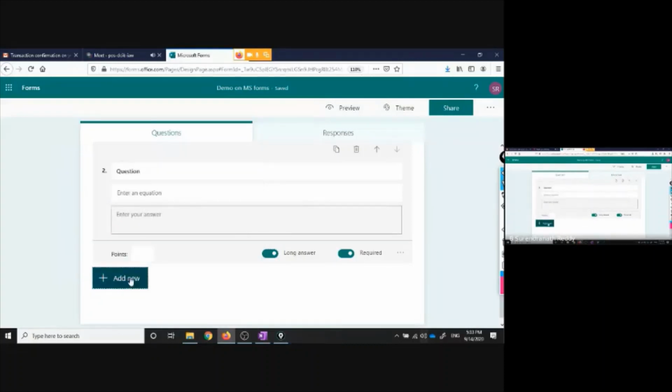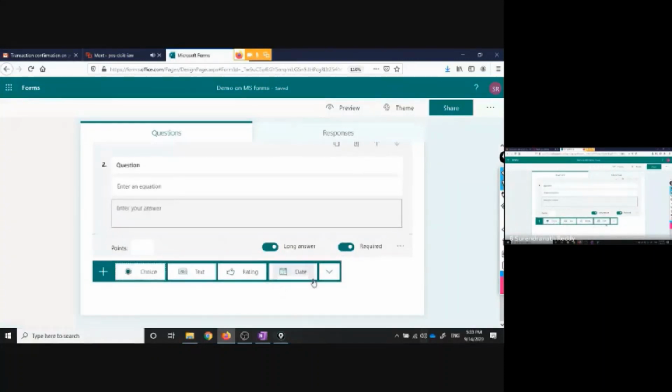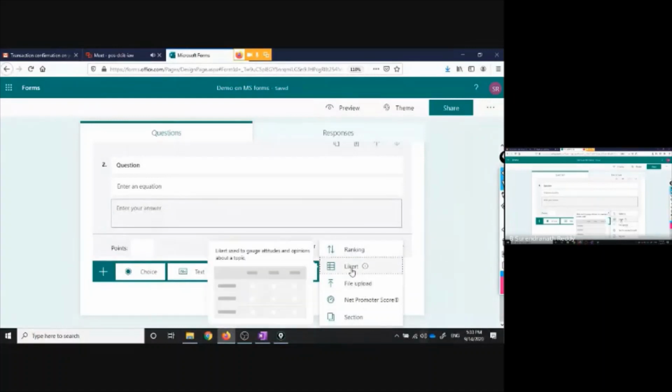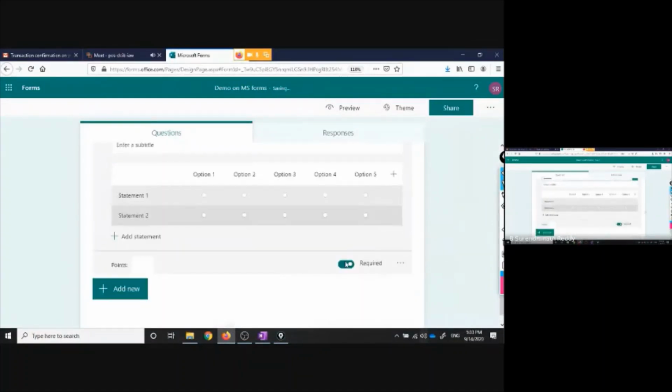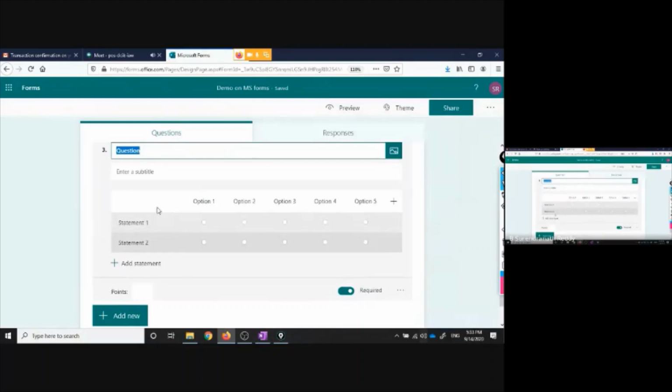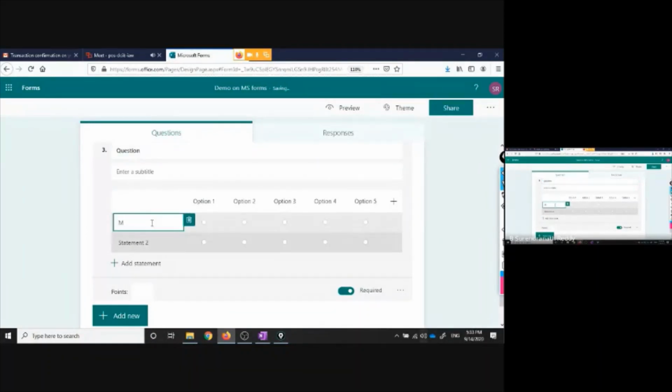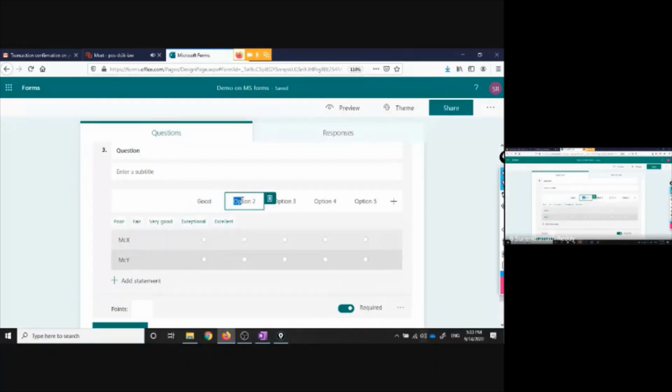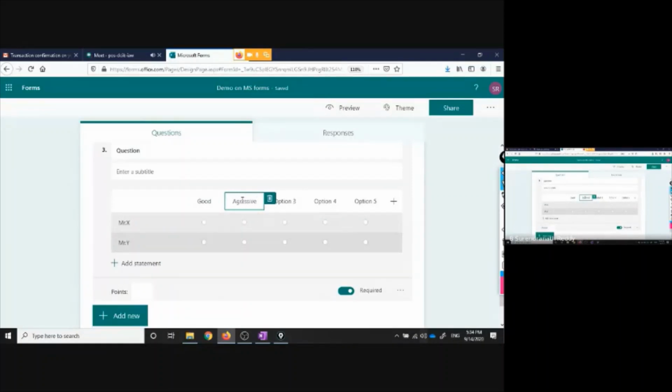Okay. And any other question, suppose this is like a Likert type, just like you have rows and columns. For example, columns will be persons, and these rows will be Mr. X, Mr. Y. I can type here, suppose Mr. X, then Mr. Y, and about their persons, I am taking some behavior and so on. So good, and for example, I'll write aggressive, neutral, whatever you feel like, and cool.